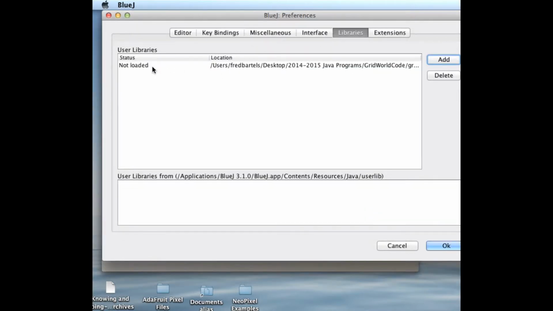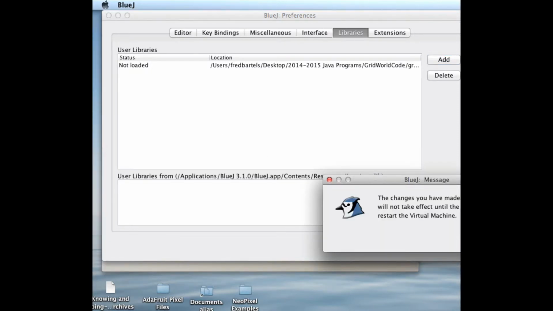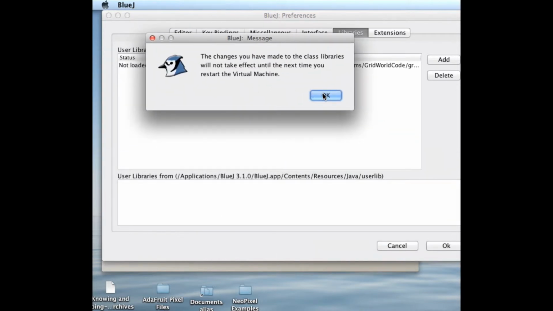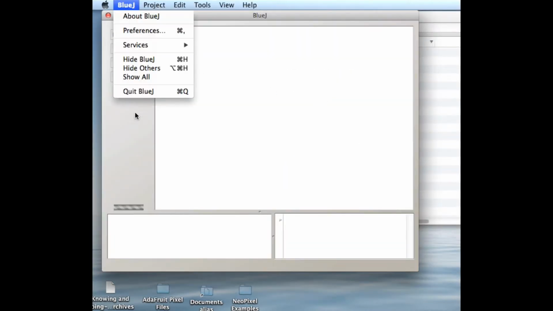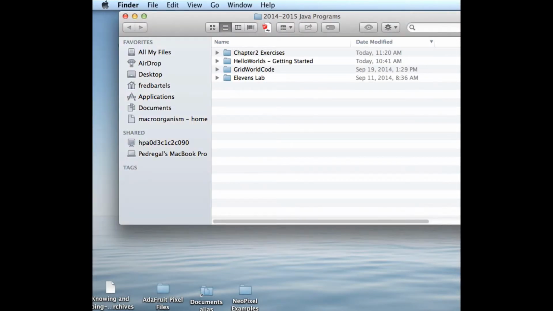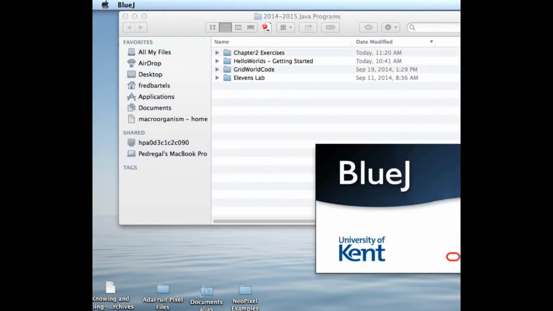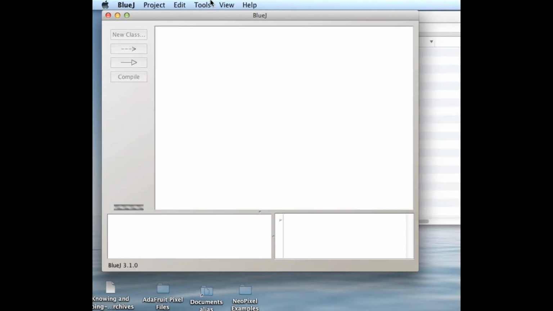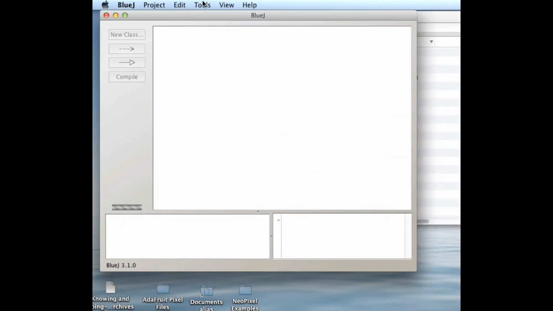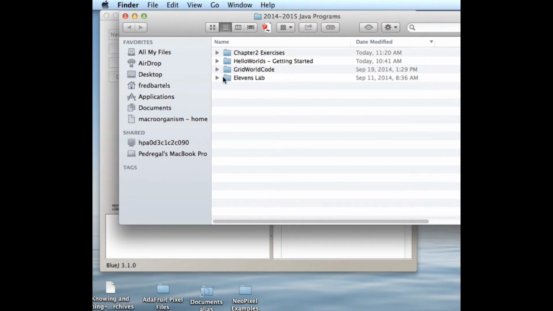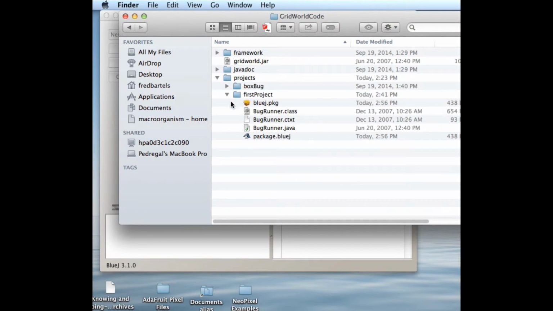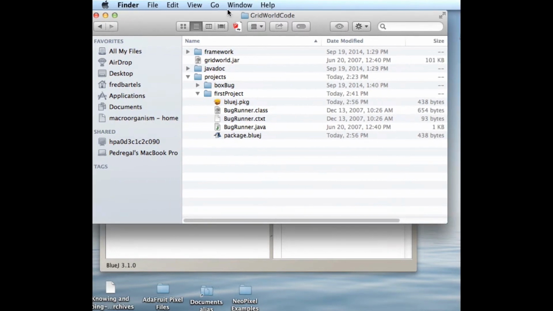So now it says it's not loaded, so that means that I'm going to have to restart BlueJ. I'm going to say OK. It tells me right here that basically it's not going to work until restart. So we'll quit BlueJ and we'll restart BlueJ. And now what I'm going to do is open up this GridWorld code folder, and from this first project, this folder called first project, I'll start that up,